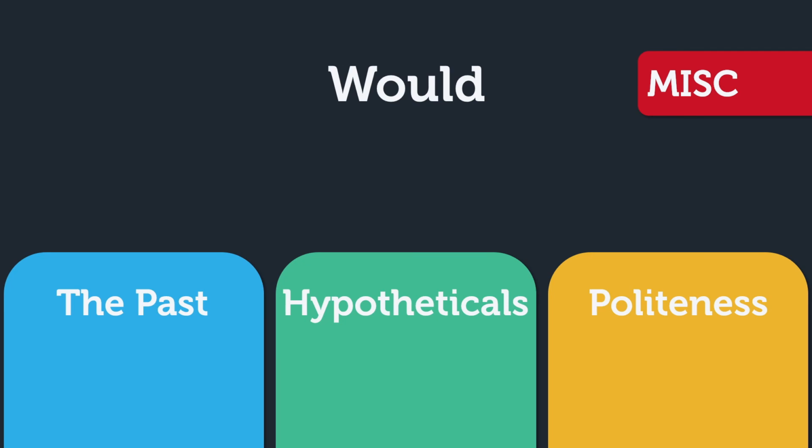Last one. How can you make this opinion a little more polite? I would expect it to be shorter. Here, since we're not using an offensive opinion like fat, ugly, rude, it's not necessary to flip shorter into something else, so we can just add would and call it a day. You now have everything you need to make sense of the world of would that you see in videos, read in books, or hear in podcasts. The rest is up to you. When you encounter would in an interesting sentence in the wild, especially if it confuses you slightly, write it down, add it to your collection, and see if you can figure out which one of these categories it fits into.